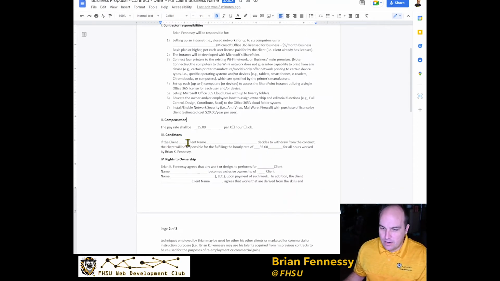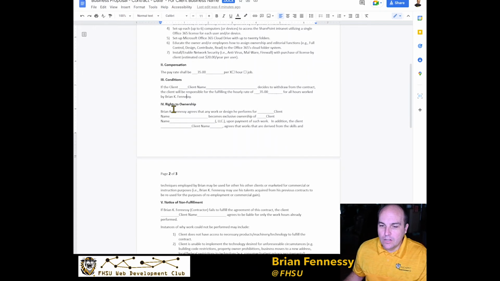If the client, and I put the client name here, decides to withdraw from this agreement, they would be responsible for the hourly pay rate that I've already put in. So that's why I tend to stick to hourly, because then it's easier, it's more transparent on how much they owe me. The rights to ownership, I put out here that any work I design becomes